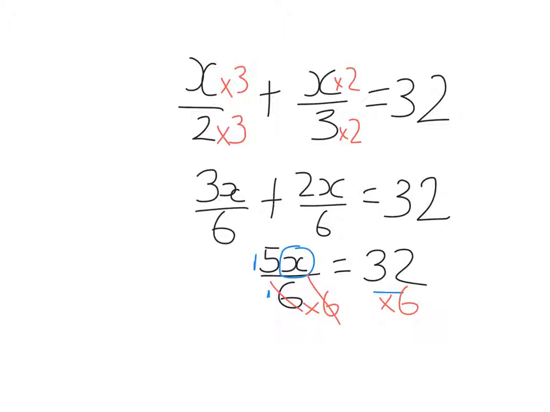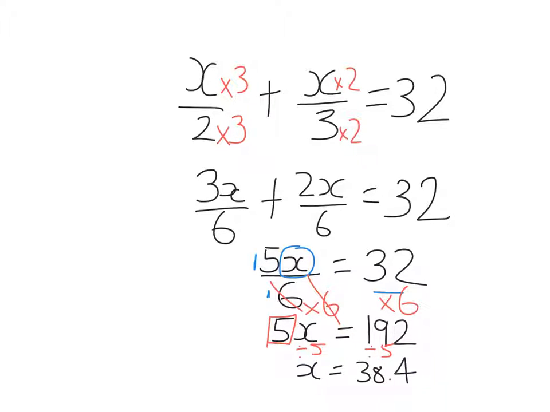On the left-hand side, I'm left with 5x equals 32 times 6, which is 192. Now, if I want to find what x is, I need to undo timesing by 5, because this is a times 5. So I divide each side by 5. So x is 192 divided by 5, which is